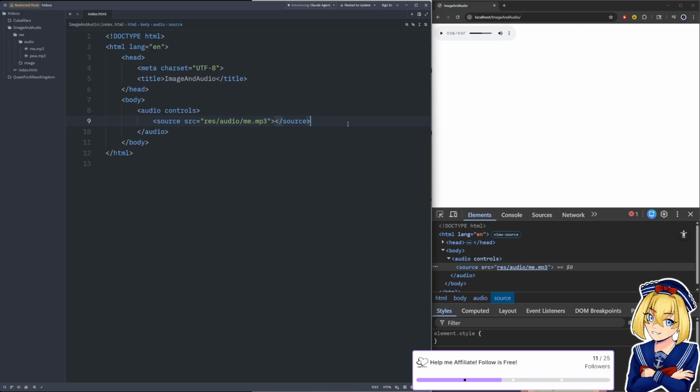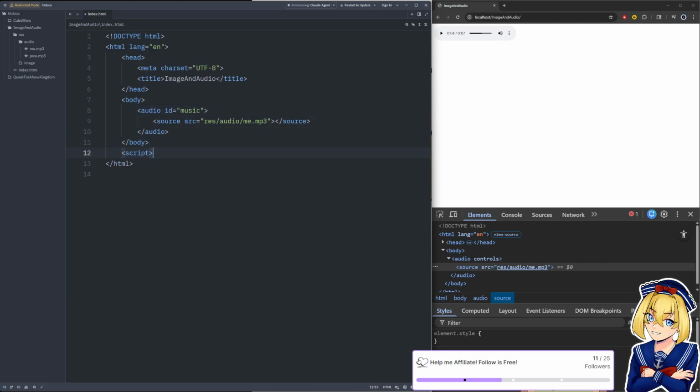But most of the time, if you're making a game, you're not going to want to add audio to your page like this. You're going to want to load it into memory, and then play it from memory. But this is a valid way to do it, especially if you take controls off. Let's give an ID to this audio. We're going to say music or something.